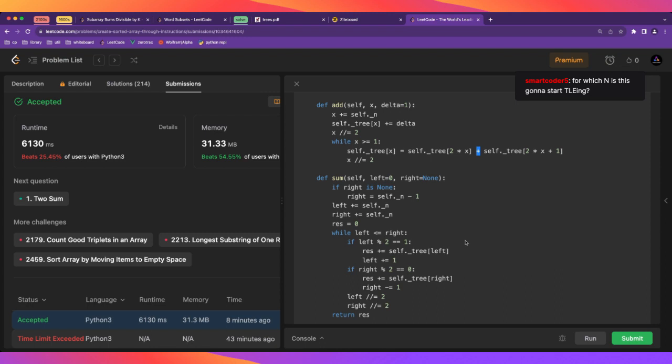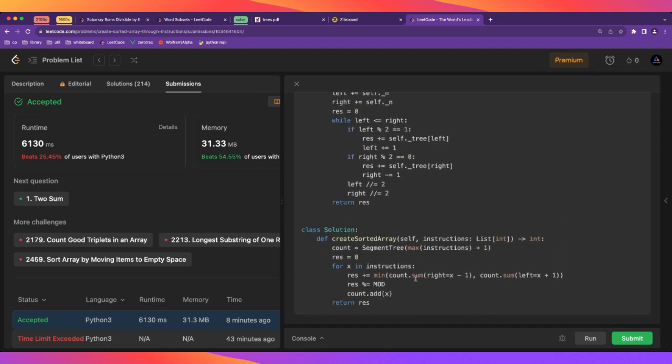For which n is this going to start TLEing? Well, this is n log n, so it should never TLE, because the size of the array is pretty close to linear. So as long as they are passing you the size of the array,